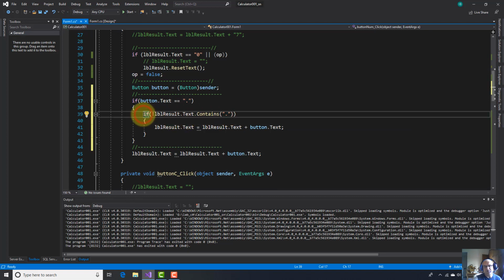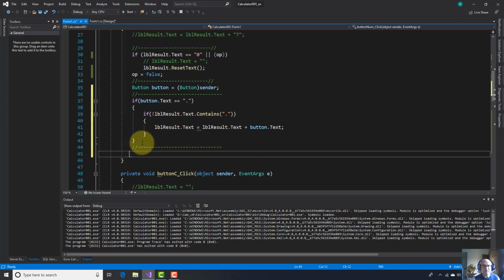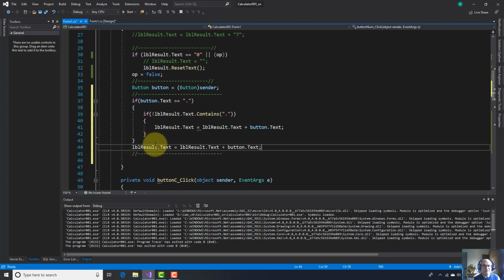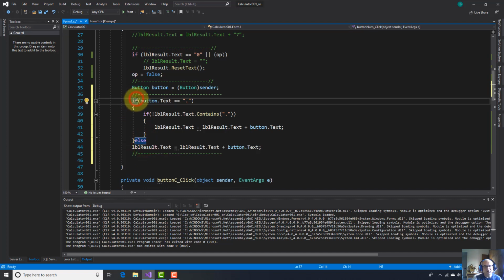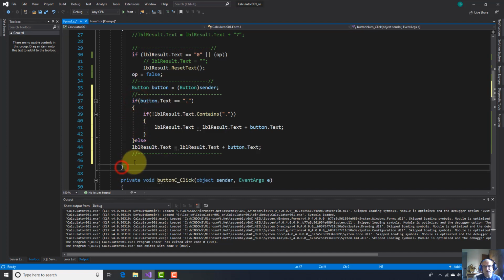Because of that, the compiler will skip this, and here I have to cut this and paste it in here, and write else here. We'll skip this if conditional structure to the end of this method, and in this way you will avoid adding more